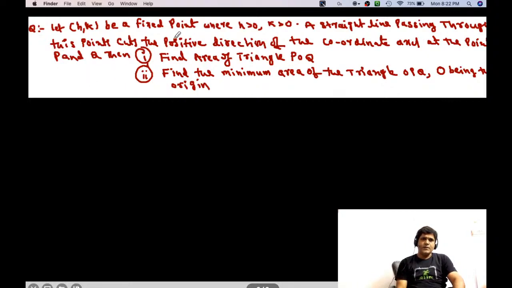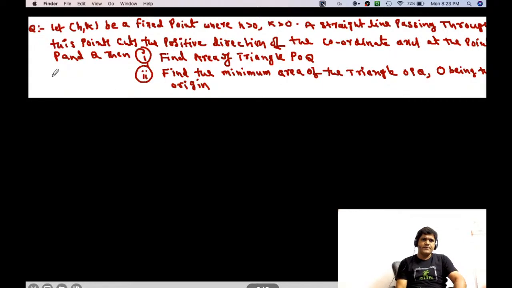Let (h, k) be a fixed point where h is greater than 0, k is greater than 0. A straight line passing through this point cuts the positive direction of the coordinate axes